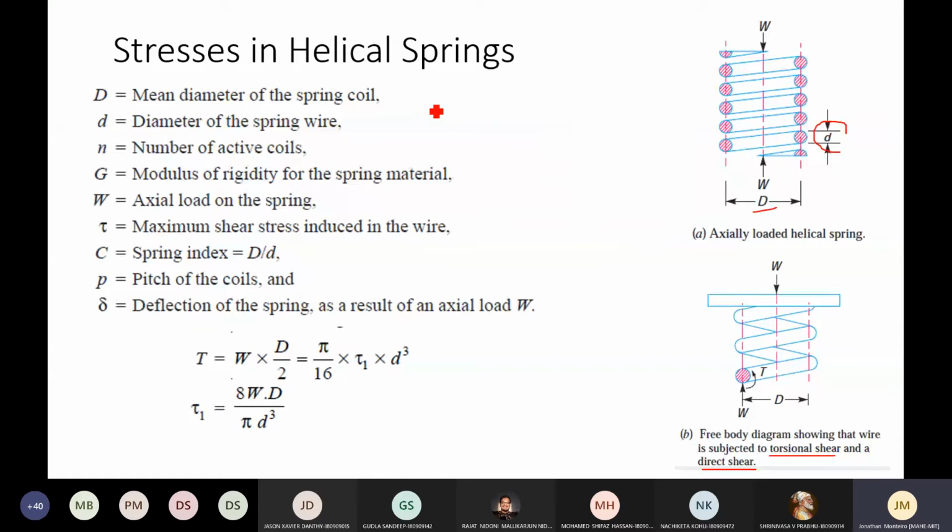In other words, we understood what a helical coil or a helical spring is. A helical spring means a long wire which has been forced into becoming a spring. Okay, you are winding it, plastically deforming it to become a spring. Now when you apply a load, the wire or the cross section is subjected to both a torsional shear and a direct shear.